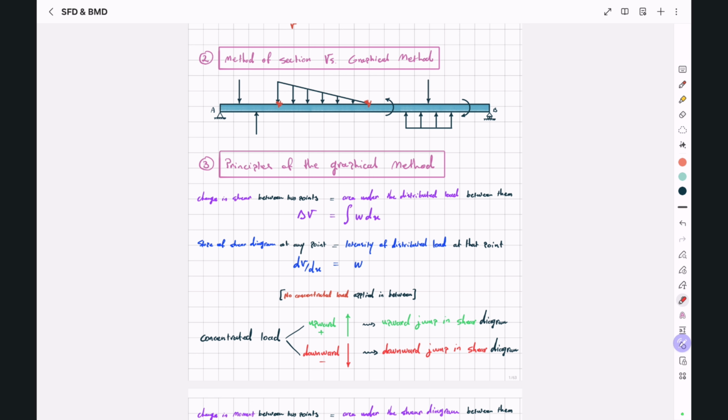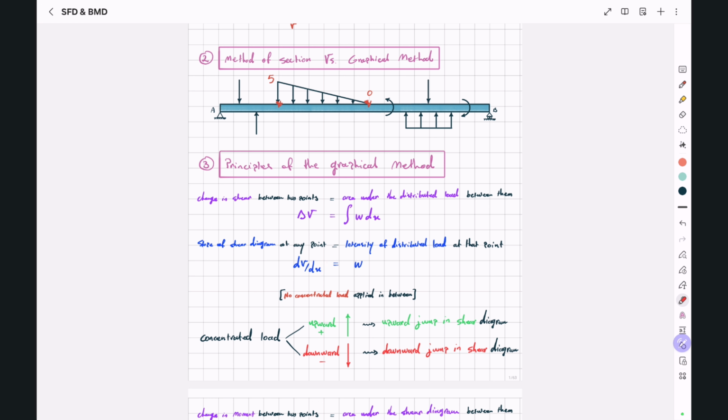And the second principle is the slope of the shear diagram at any point between these 2 points where we have a distributed load will be equal to the intensity of the distributed load at that point. So for example, if the intensity of the distributed load is 5 kilonewton per meter here and 0 here, the slope of our shear diagram at this point will be equal to 5, and the slope of the shear diagram at this point will be equal to 0,